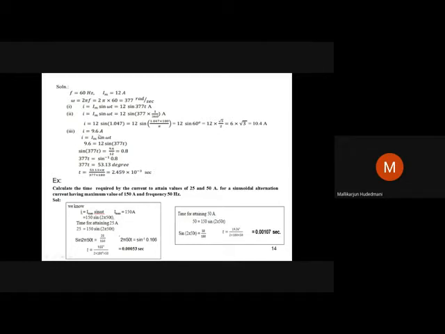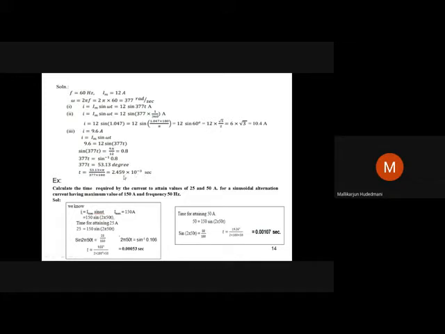So the answer is 2.459 millisecond. Therefore, this we have to understand. I repeat it, and I'll go back to the paper because there is something else I have to convey here. When a given quantity is 9.6, it need not be 9.6. It can be 10, it can be 12, or any value up to the peak, so that I can understand easily. I can equate it by the equation and get the time when that is possible. So therefore, t = 2.459 millisecond makes it possible.